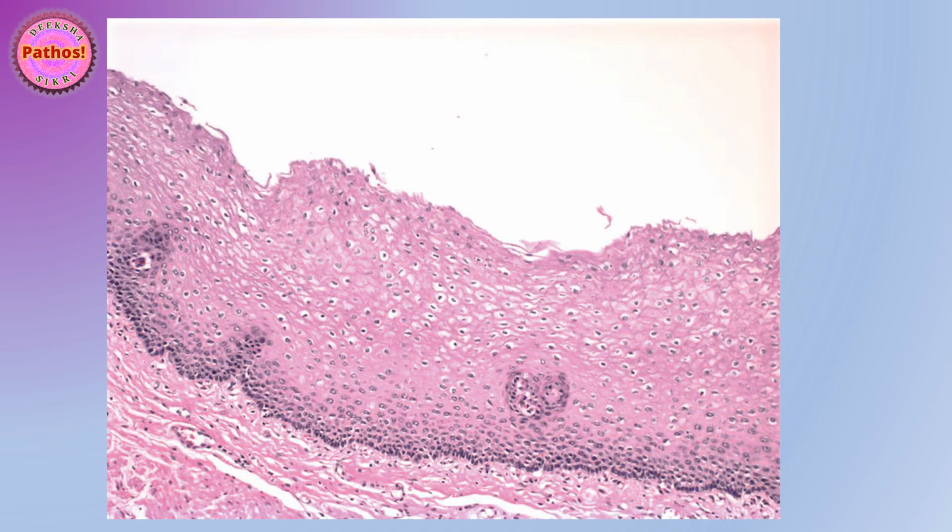Now look at this slide. This is a stratified squamous epithelium. I'm just going to orient you to it. You can make out this is the basement membrane over here. So this is the entire epithelial tissue. This would be the subepithelial tissue. You can even see a very nice cute little blood vessel here, and all of this is a little bit of collagen.